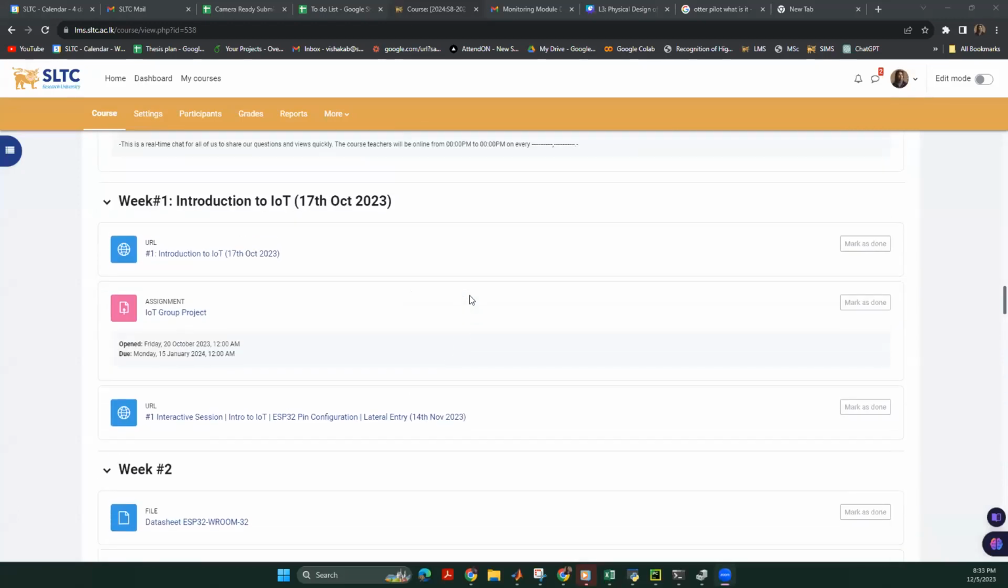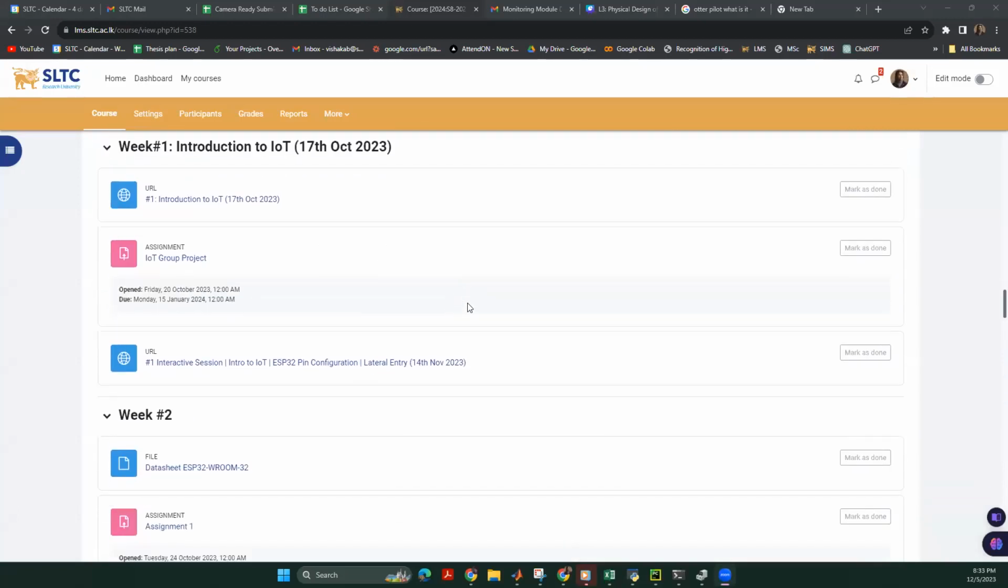So in the last classes, we have discussed the ESP32 microcontroller, its pin configuration, and the different types of pins that it has. So we have discussed those pins and their functions. When we discuss the ESP32 microcontroller pins, there are